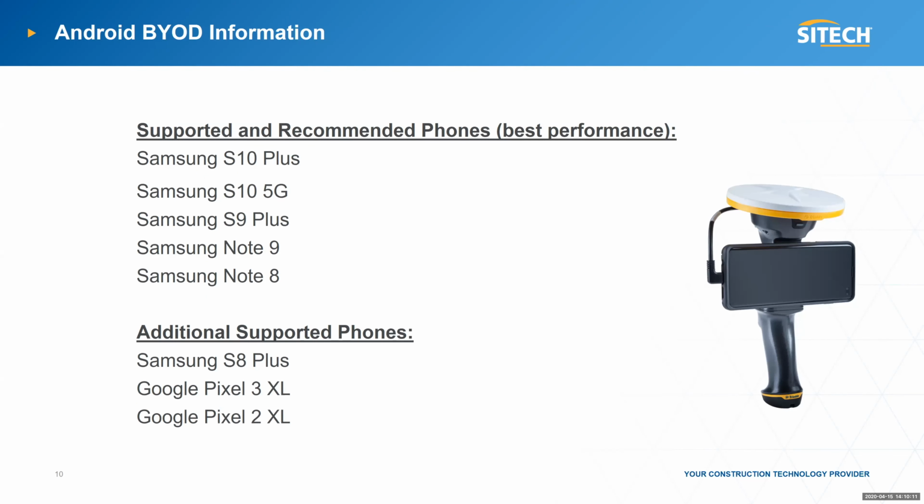So here we have a list of supported and recommended phones from Trimble. Basically, any of the Android phones that support augmented reality are capable of working with SiteVision, just that they are not tested by Trimble. So if you go on the website, you'll see that there's a longer list of augmented reality supporting devices, but the ones that Trimble has tested and recommends because of the processor or the quality of the camera,